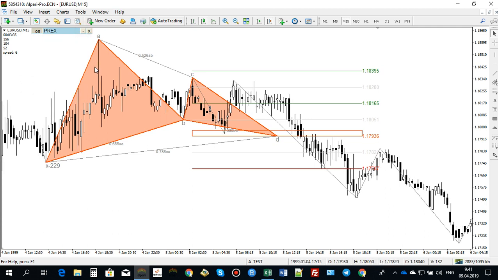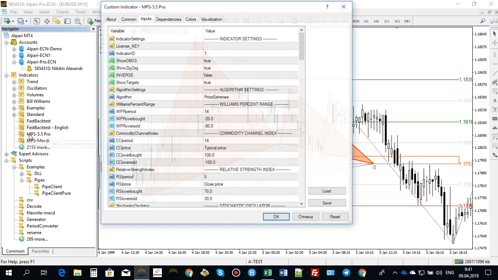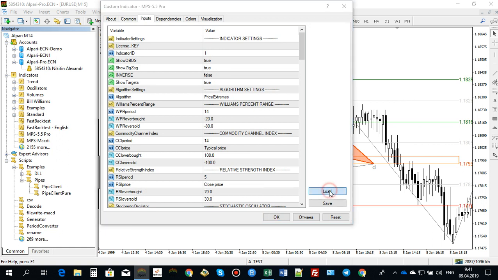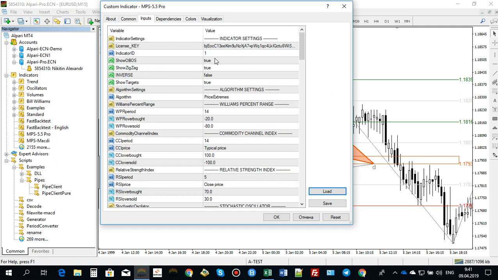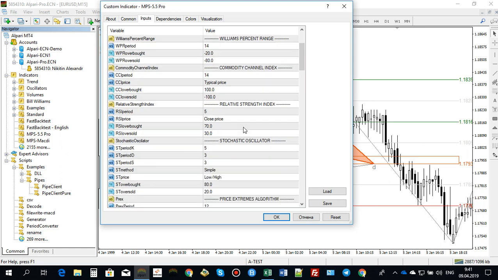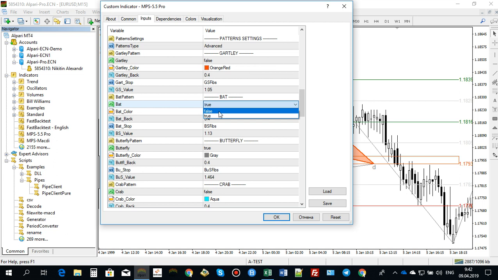Yes, so you can code two of them, but you can go to where is that? Okay. Oh, MPS 55 Pro. So you can go attach this. So what you need to do, let me load some trading set, it is a license key, and you can set this to 2. Yes, and let's go to disable some patterns. Gartleys, we don't need the Gartley, don't need that. We're only talking about